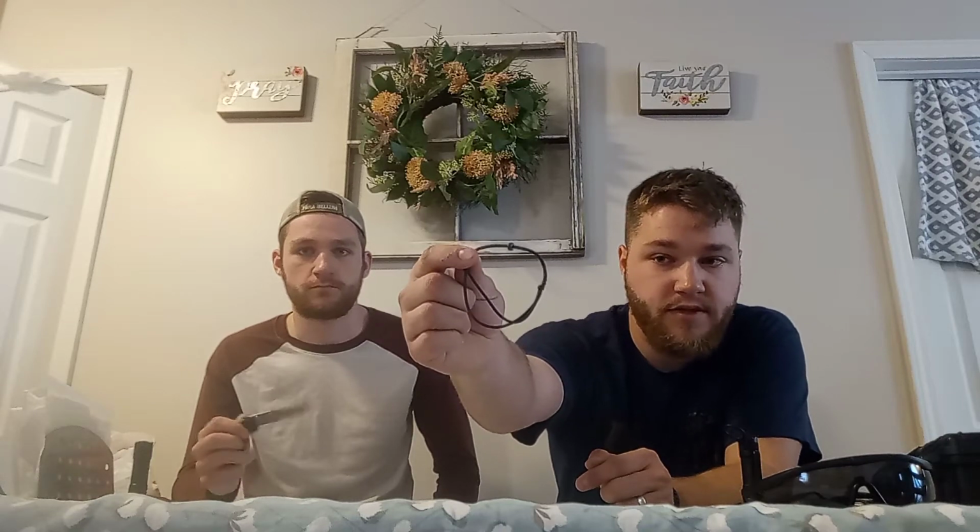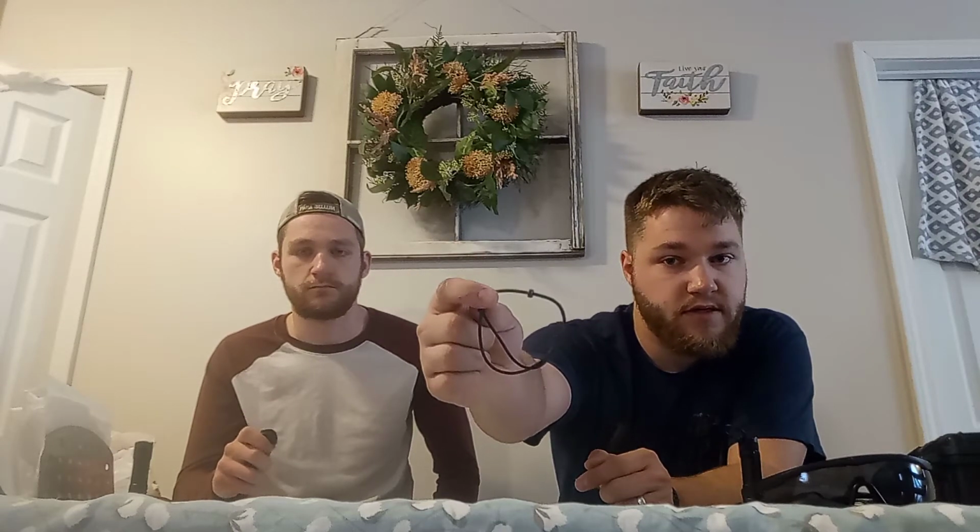Which, do you want your little glass breaker thing real quick? Oh, yeah, this is a bracelet I got, it's probably been a year ago now. I got one for me and my wife. She doesn't carry hers much anymore just because we have a baby now, and it kind of is a little bit scratchy, so don't want to hurt him or anything. But it's just like a little hair tie kind of thing, bungee cord, but it's got a tungsten carbide bead or steel carbide bead